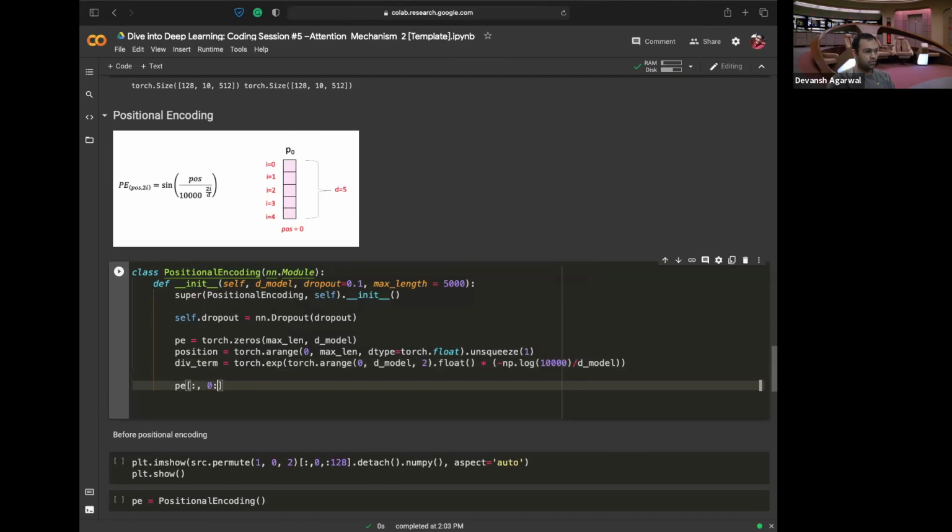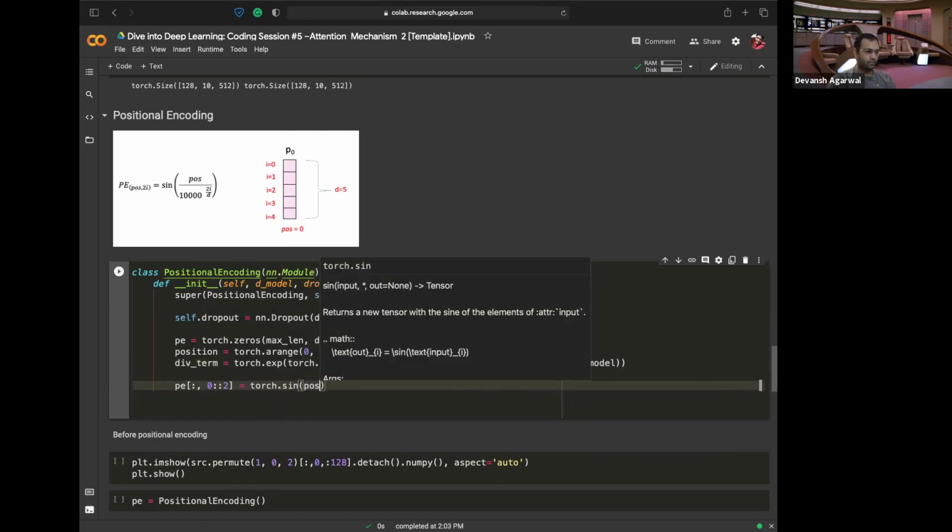Now this is one of my favorite Python tricks, using double colon. What it does is, along this dimension, do this for every alternate value. So ::2 means every alternate value, ::10 means every 10th value, and so on. This is how you can jump directly within an array. So you just do torch.sin of position times the